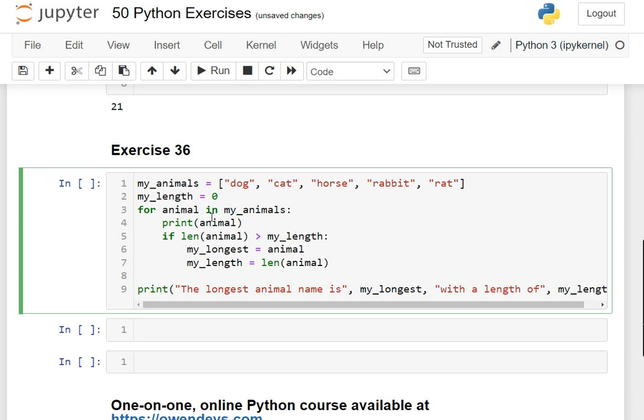So this program finds the animal with the longest name. So this is the list of animals that we have used in our previous exercises. Then the variable with the length starts at 0. So the for loop goes through each animal name in the list, for animal in my animals. Then if the length of the name of the animal is greater than the current my length,